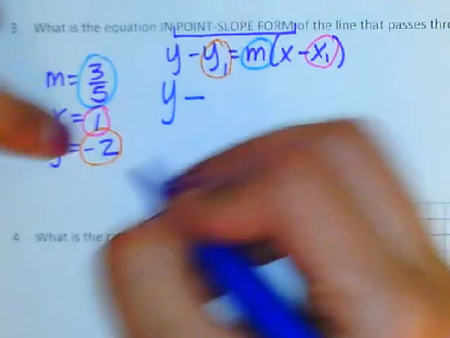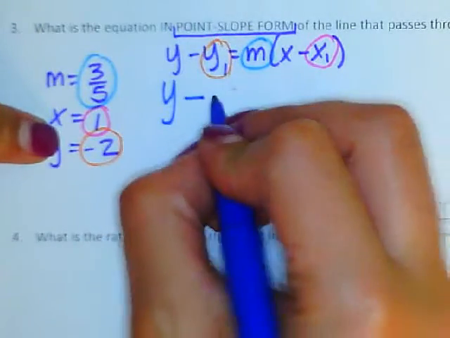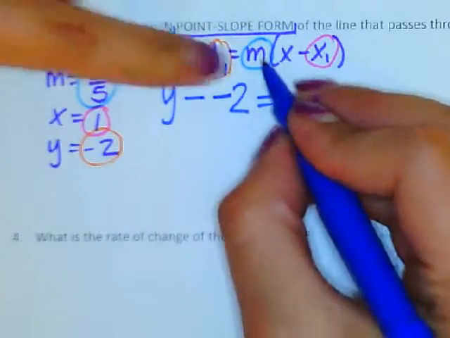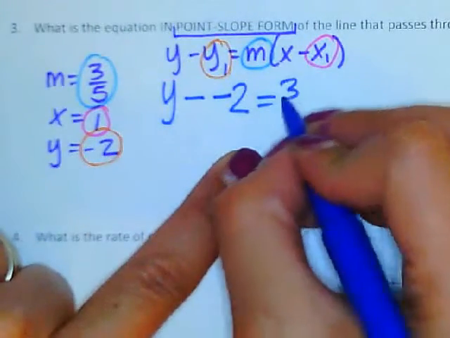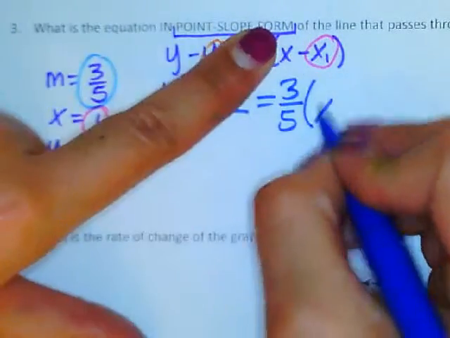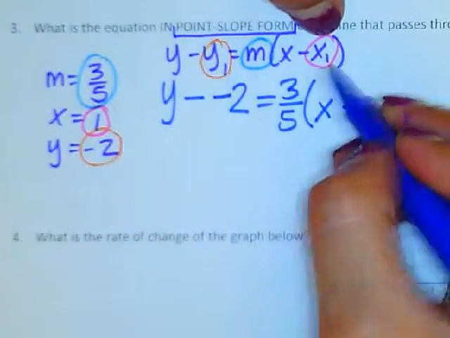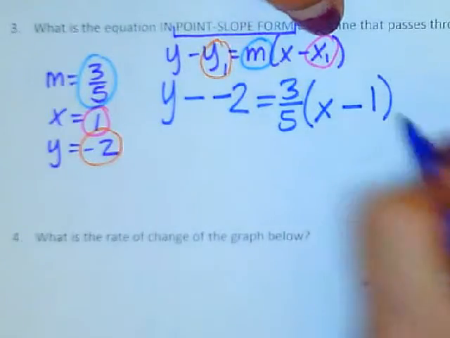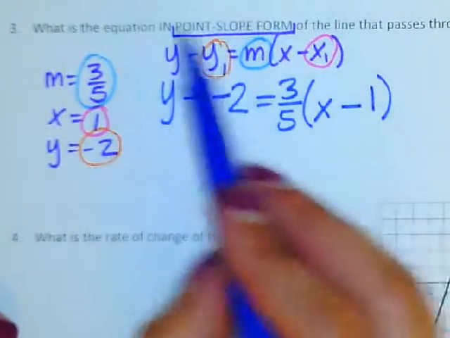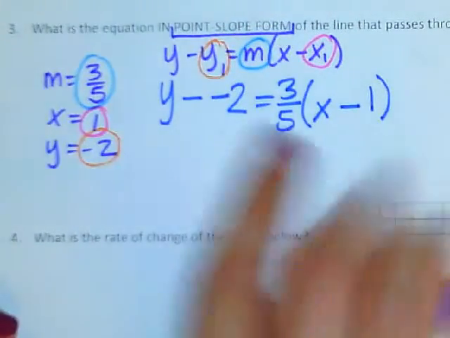Now I'm going to plug in my y1, and my y1 is -2. And then I'm going to plug in my m, which is 3/5. And then x comes from the formula, minus comes from the formula, and then I'm going to plug in the x1, which is 1. Okay, remember I have to leave it in point slope, so I would be done here,